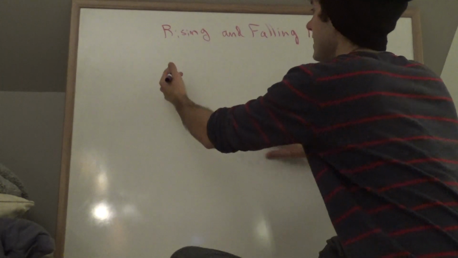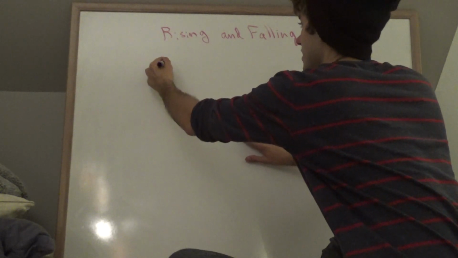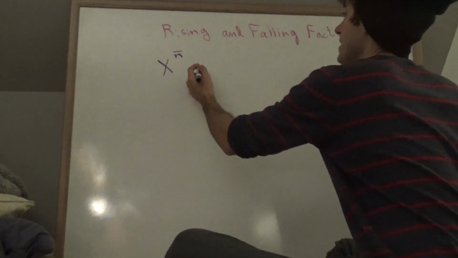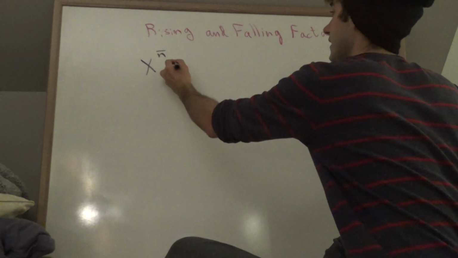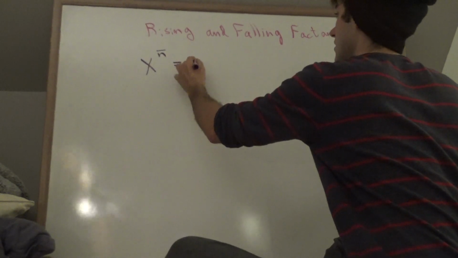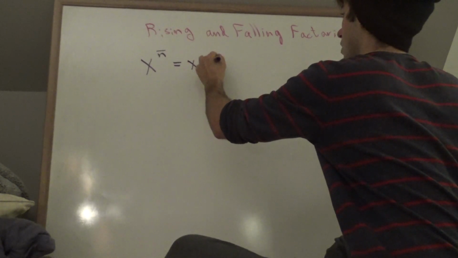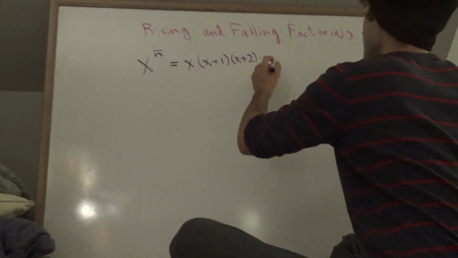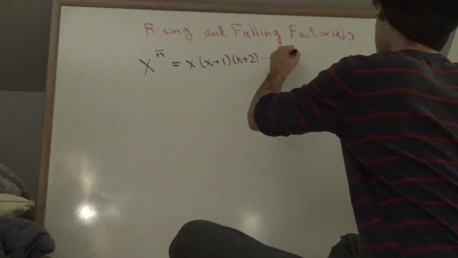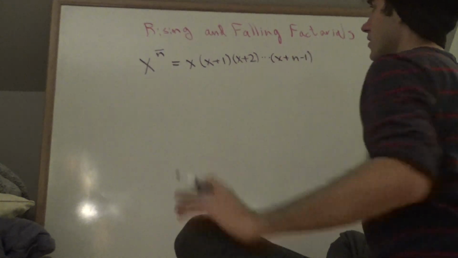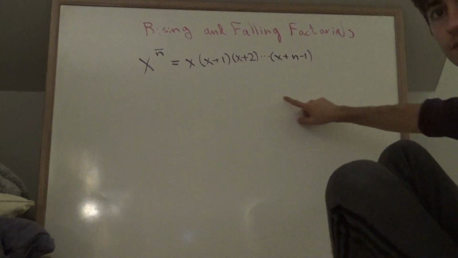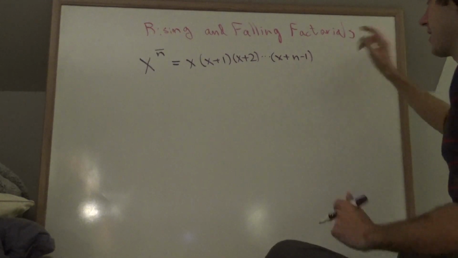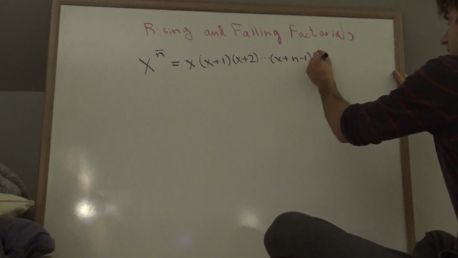But they're pretty simple. It's like an incomplete factorial. So Knuth's notation is you write x with a power of n, but you put a little bar above it if you mean the rising factorial. And the rising factorial is you start with x, and you multiply by x plus 1, and then x plus 2, and you just keep going until you get to x plus n minus 1. So you go all the way up from x times x plus 1 times x plus 2, up to x plus n minus 1. And so this is pretty easily seen to be the product